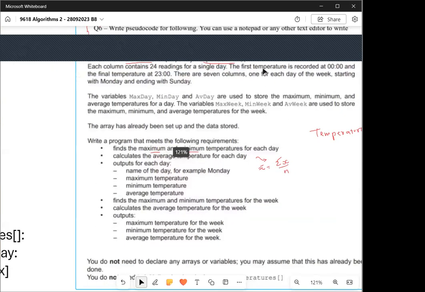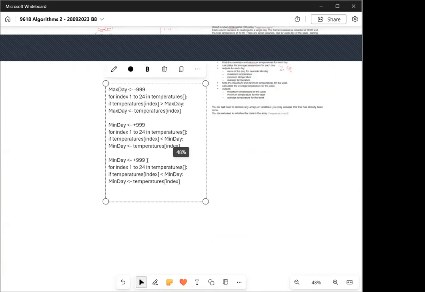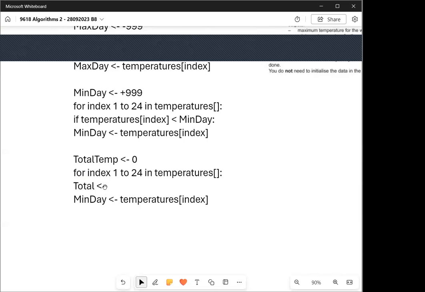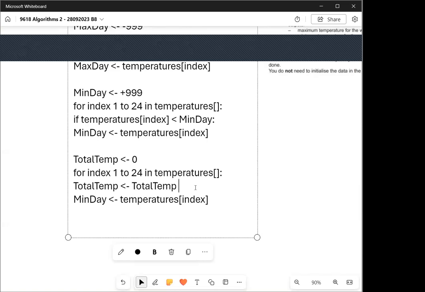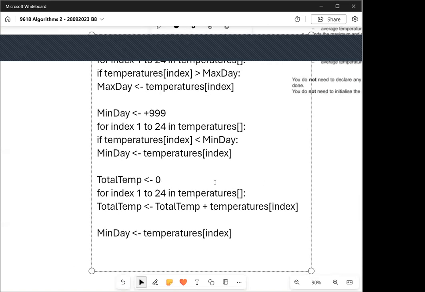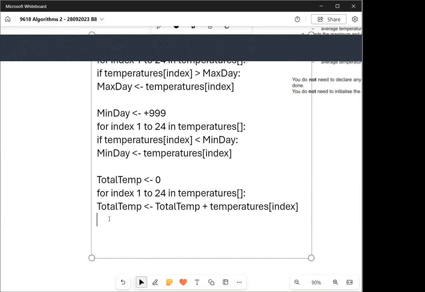Okay. Now, average day. So I can have a counter. Let's say total temperature. Okay, which in the beginning I'll just put as 0. Now for index 1 to 24, what I do is I add all the temperatures to total temp. So I keep adding, in the sense, whatever was before, it was 0 before, then 0 plus the new temperature, and it will keep adding, okay? Now after this, I need to find the average. Once this loop is over,